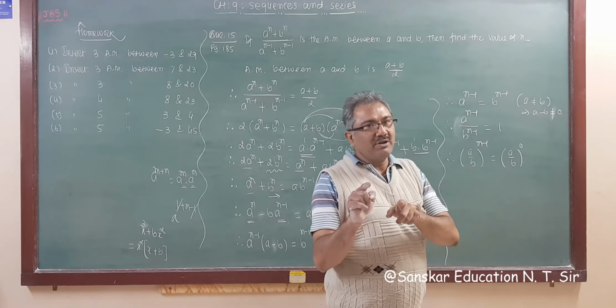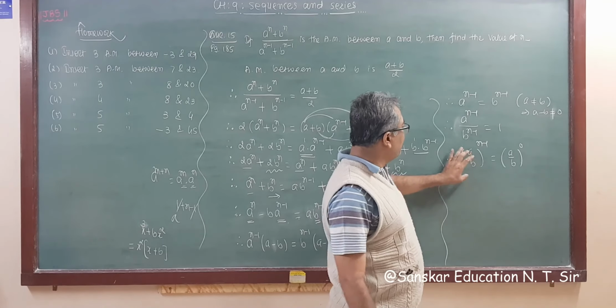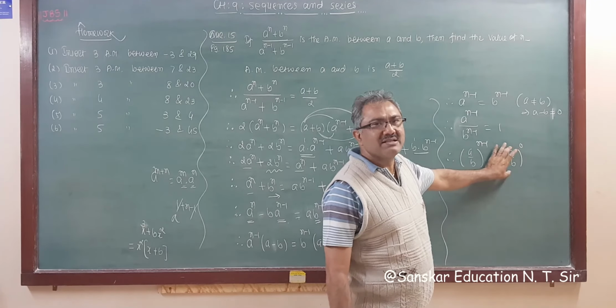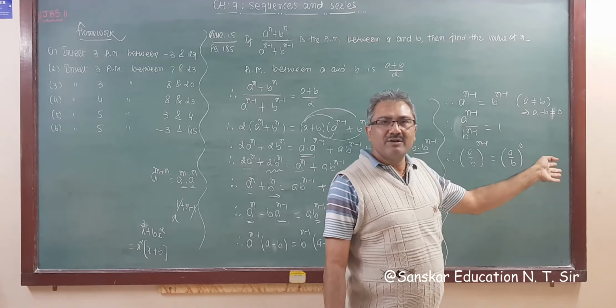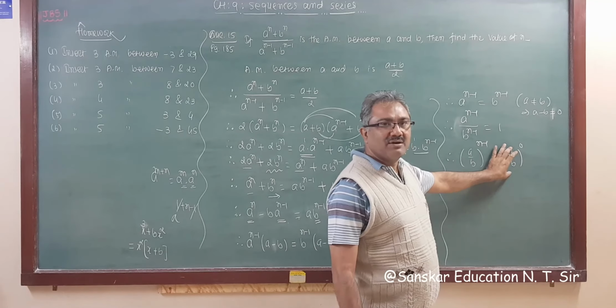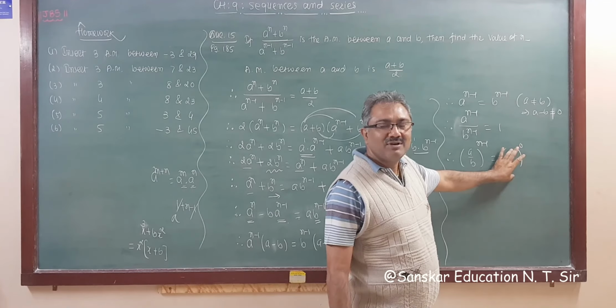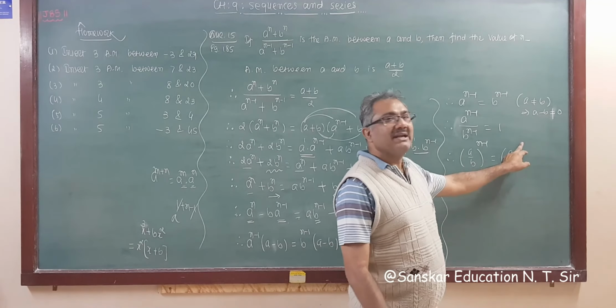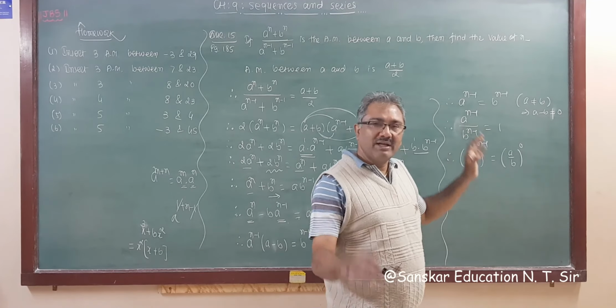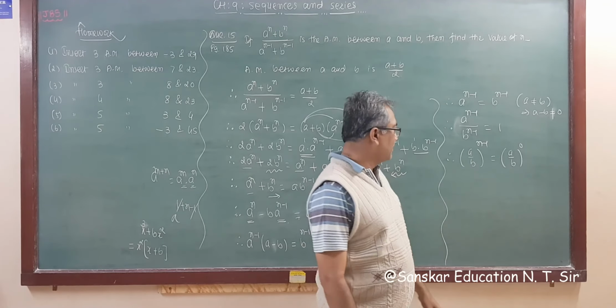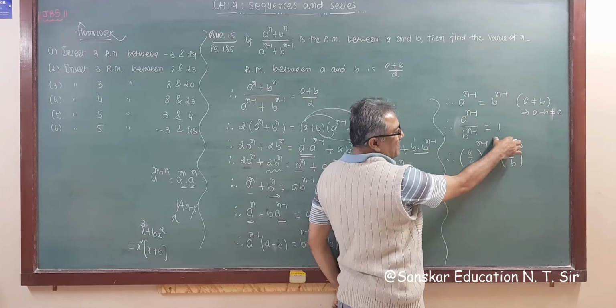Why am I taking a by b only? मैंने a by b ही क्यों लिया? क्योंकि मेरे पास बेस यहाँ a by b है, तो मैं यहाँ कुछ भी बेस ले लूँ, पावर 0 आएगा तो वो तो आंसर 1 ही होने वाला है। यहाँ पे मैं कुछ भी लिख सकता हूँ। यहाँ पे गधा भी लिख सकता हूँ और कुत्ता भी लिख सकता हूँ और एलिफेंट भी लिख सकता हूँ, मगर पावर क्या चाहिए? 0, तो वो 1 आएगा. Anything raised to 0 is 1, right? So now bases are same, means power is same.